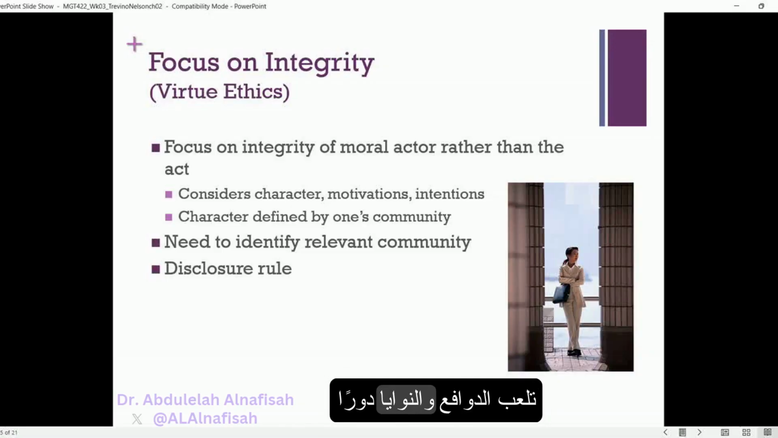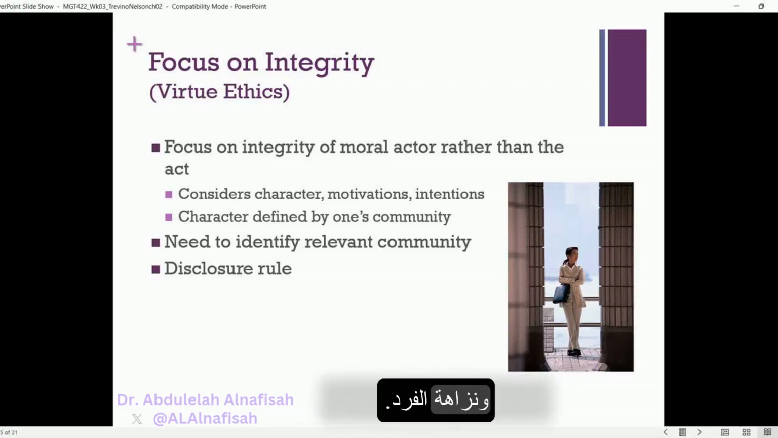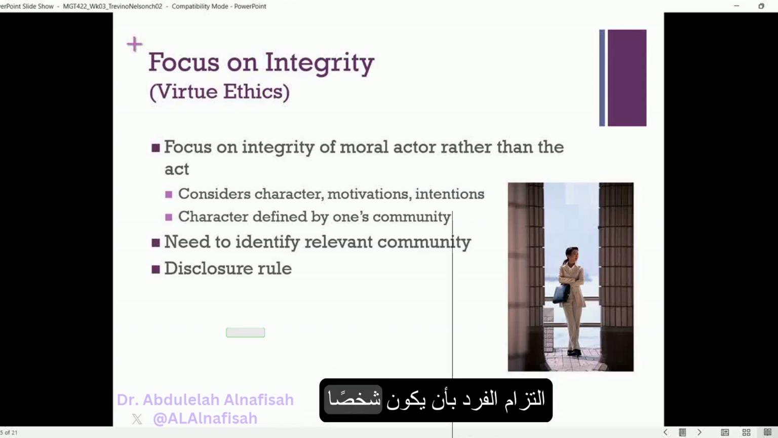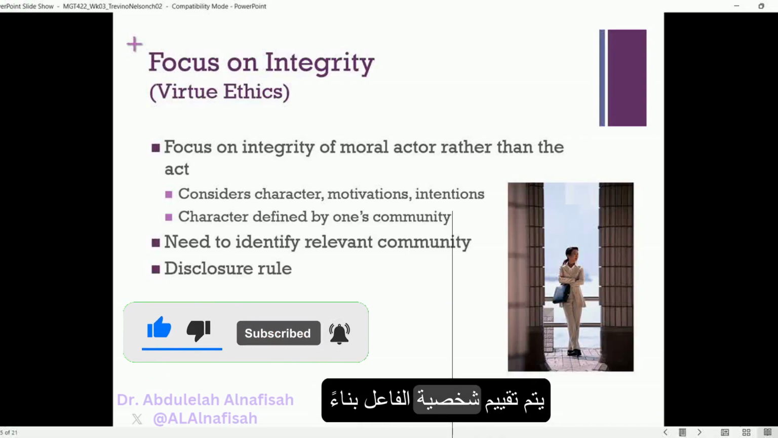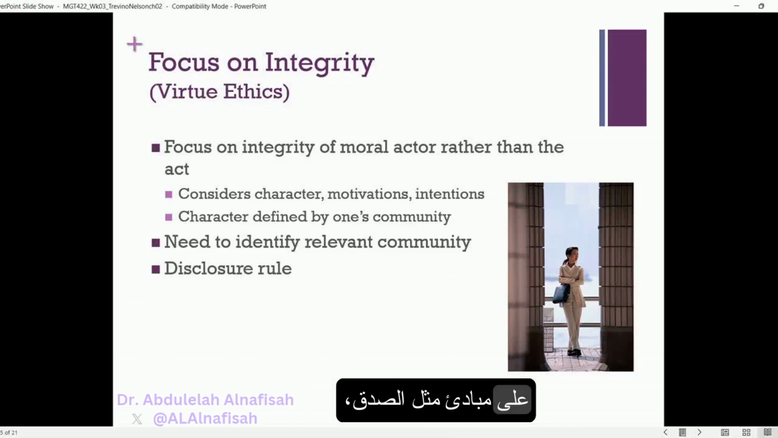Motivations and intentions play a crucial role in ethical decision-making from a virtue ethics perspective, as they reflect the character and integrity of the individual. This approach considers the individual's commitment to being a virtuous person and contributing to an ethical organizational environment. The character of the actor is evaluated based on principles such as honesty, adherence to professional codes, and considerations of